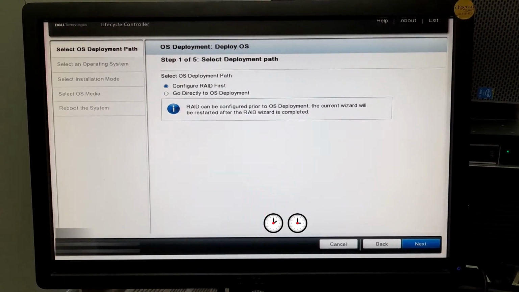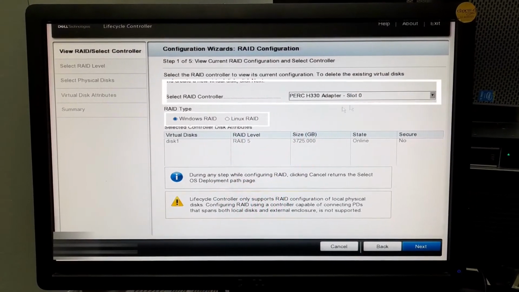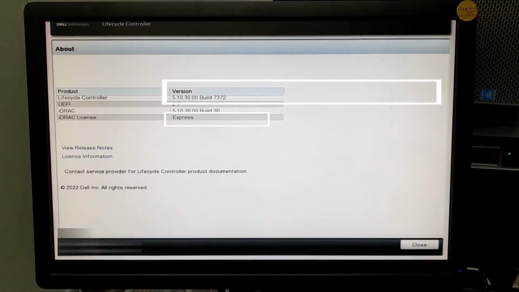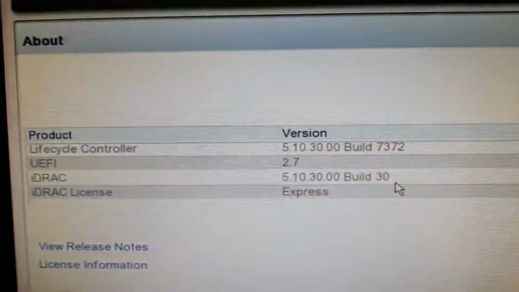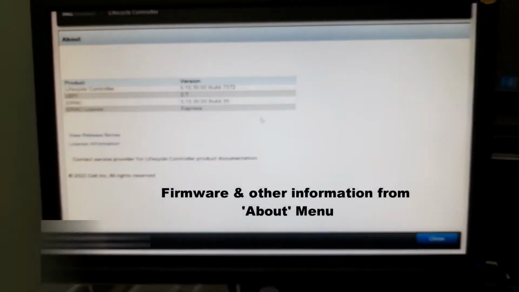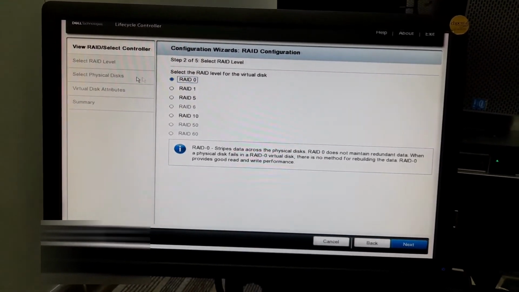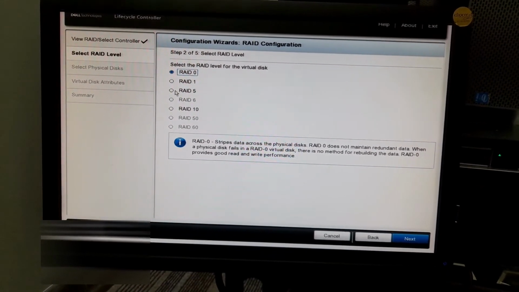Taking more time. Okay, the RAID controller is PERC H330 adapter, and I will select Windows RAID, and if you click About, you can see the version of your Lifecycle Controller and UEFI version. I'm showing this because maybe the version which you are going to use will be different. You may not see the same option which I am clicking, but it will still be kind of similar. Okay, now as I click next, we can select the RAID which you want to